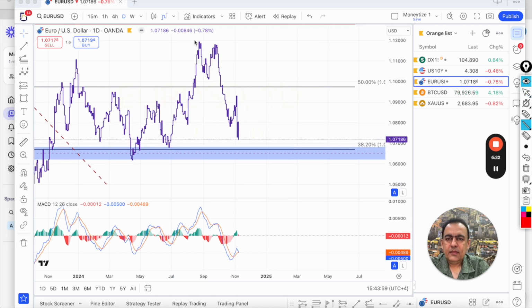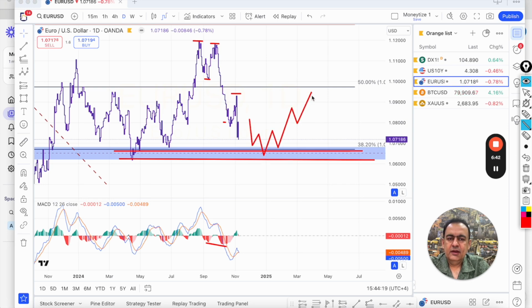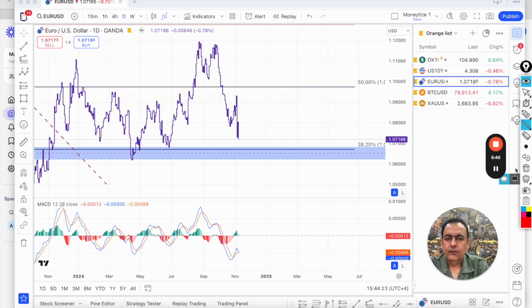Now moving down to daily chart, the things are looking quite bearish here. It's continuously printing lower highs and lower lows, and I do not see any bullish divergence on the chart. The only thing is right now it's just above an important level of support here. So we might get some short-term bounce here, but any short-term rally should be taken as an opportunity to sell, at least as per the current scenario.